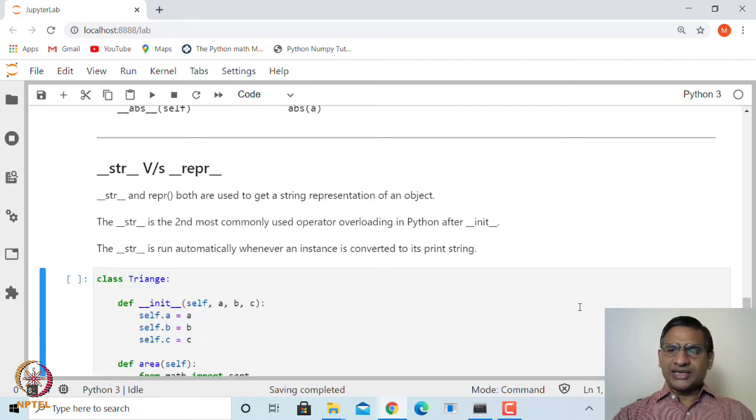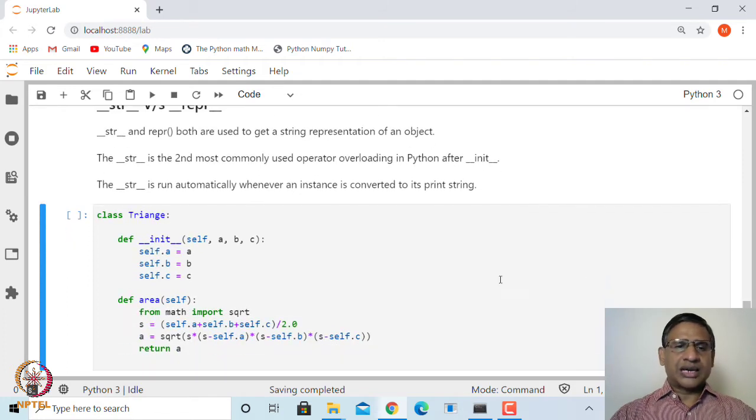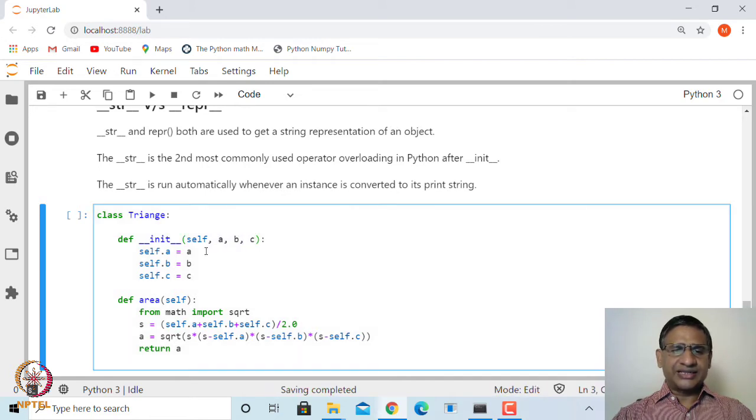For example, suppose I create a class called triangle with initial values a, b, c, that is, the side lengths, and we want to print the area of this triangle. Using Heron's formula, we can create a method def area: from math import sqrt, find the semi-perimeter s, which is a plus b plus c by 2, where a, b, c are self.a, self.b, self.c, and then create the area, which is the square root of s times s minus a times s minus b times s minus c, and return it.